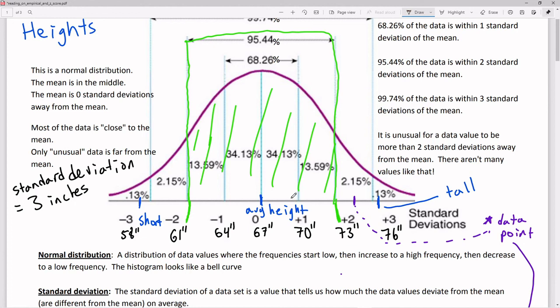You're still in that normal, usual group. Up to negative 2 and 2, we're still going to say, yep, that's fine, that's expected. You get outside those, start getting 3 standard deviations or more away, that's when we're starting to think, that's interesting, that's an unusual